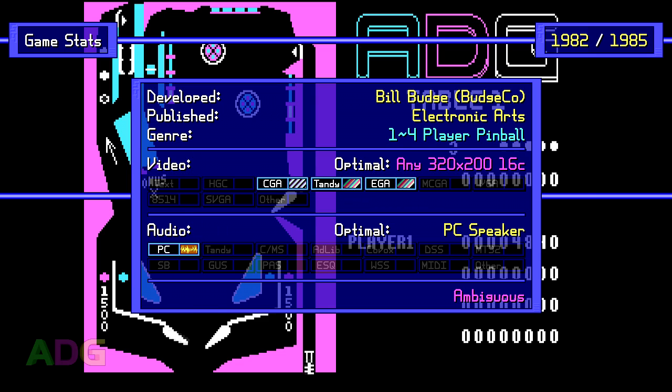It's a 1 to 4 player pinball program with support for CGA 4 color, Tandy 16 color, and technically also EGA 16 color graphics, all running at 320 by 200 resolution, along with PC speaker sound effects. Now, I should point out that the Tandy support is largely undocumented, as the game itself simply makes mention of needing an IBM color graphics adapter,